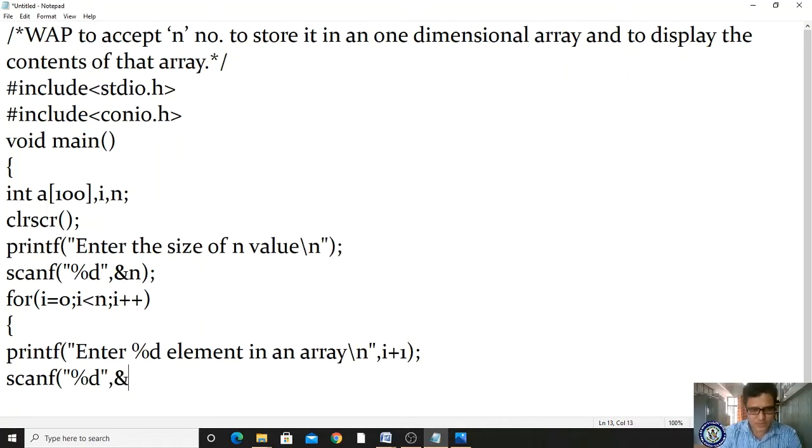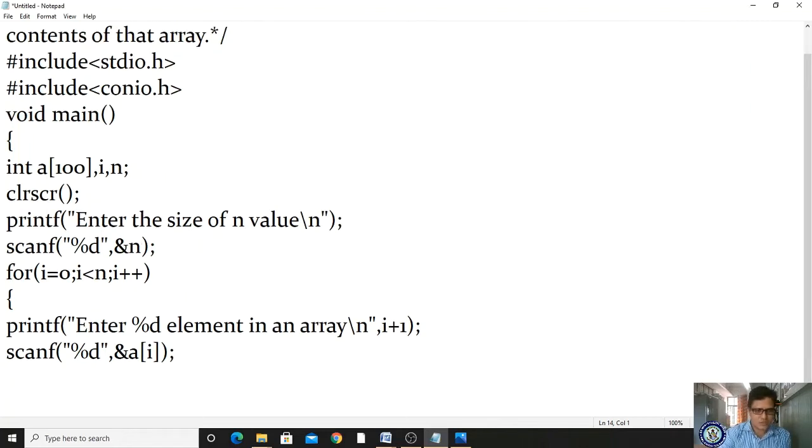In ampersand a[i] location. What is a[i]? a[0]. Whatever value scanf reads from the keyboard, I am storing in the location a[0], right? Got it? That's it. So this is the for loop for reading and storing.